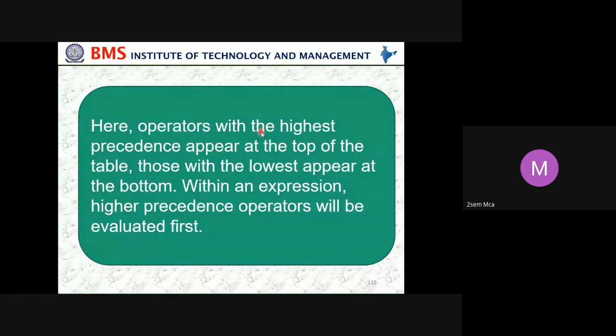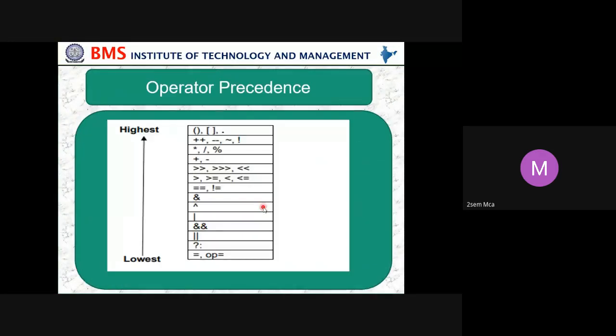Here the operator with the highest precedence appears at the top of the table, and those with the lowest appear at the bottom. Within an expression, higher precedence operators will be evaluated first. So you can see which one in your expression will be performed first and later, and which has the lowest. The highest precedence goes to whatever is within the brackets.